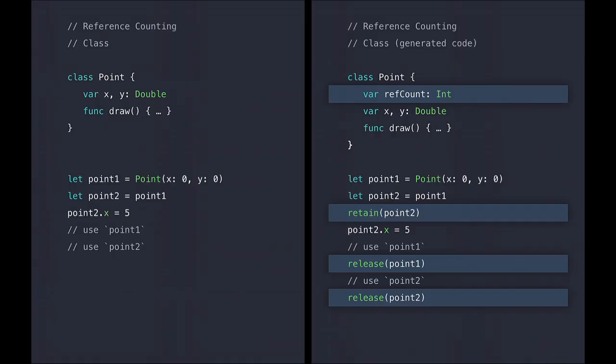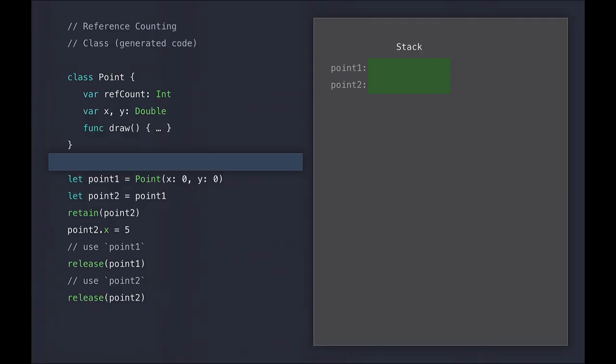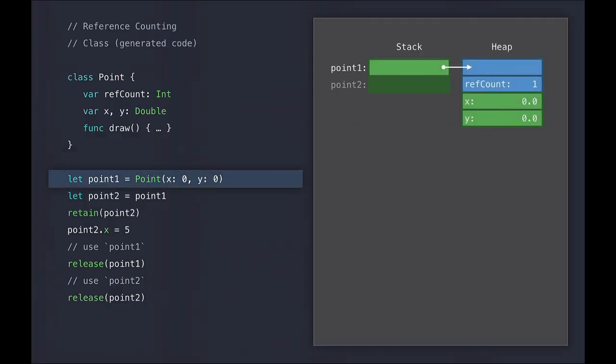All right, and if we trace through this quickly, we can see that after constructing our point on the heap, it's initialized with a reference count of 1 because we have one live reference to that point. As we go through our program and we assign point 1 to point 2, we now have 2 references. And so Swift has added a call to atomically increment the reference count of our point instance.